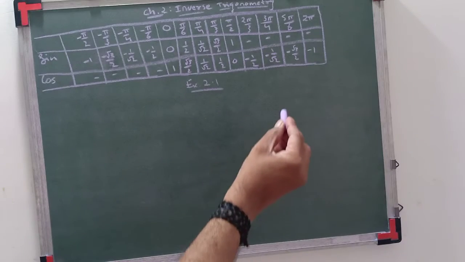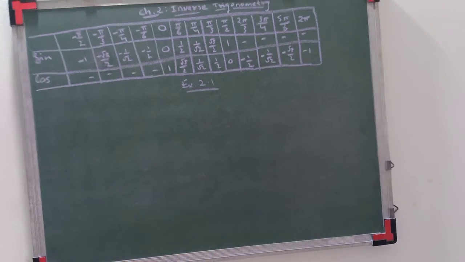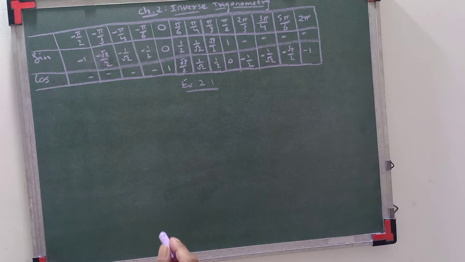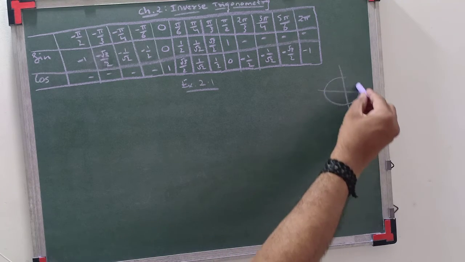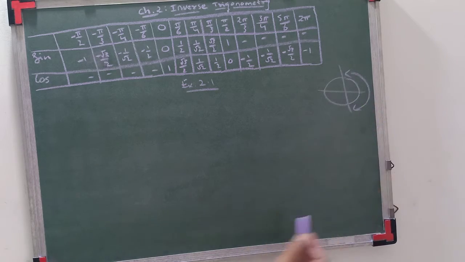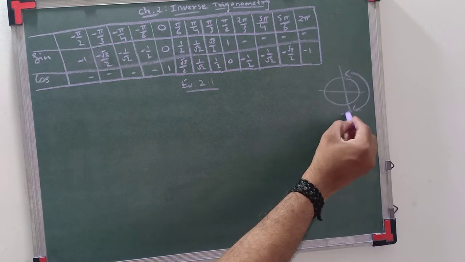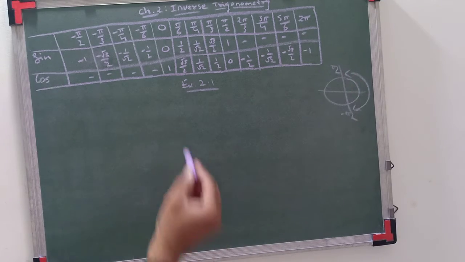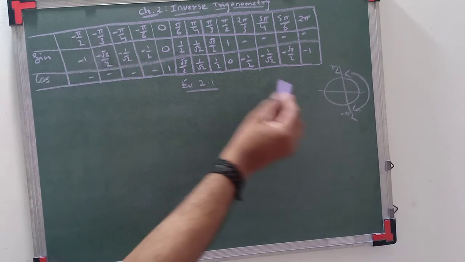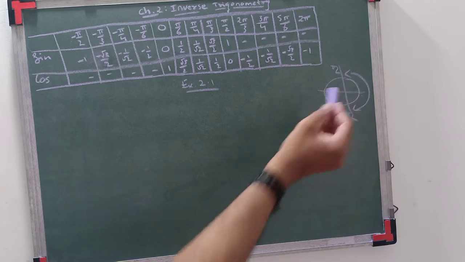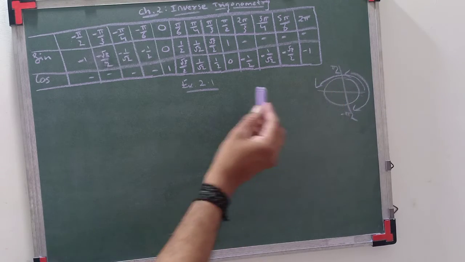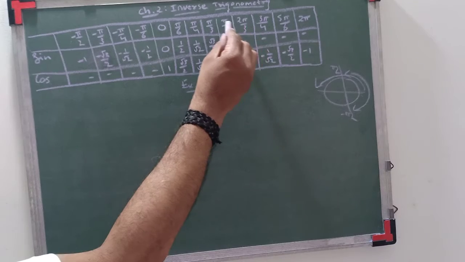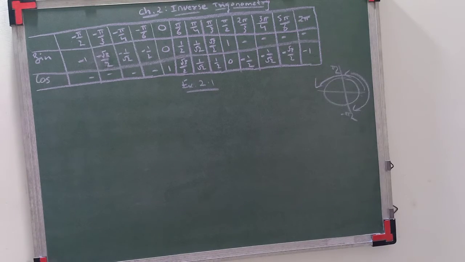Means for sine we have to move back, that is first and fourth quadrant. So we'll come back minus pi by 2 here and here pi by 2. So minus pi by 6, minus pi by 4, minus pi by 3, minus pi by 2. For cos we have to proceed further, means first and second quadrant, means then you will get 2 pi by 3, 3 pi by 4, 5 pi by 6, pi. This table is very important.